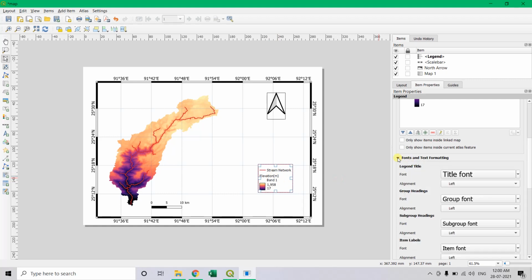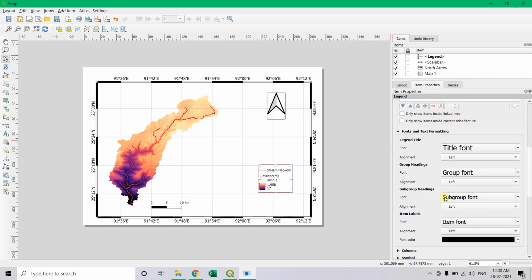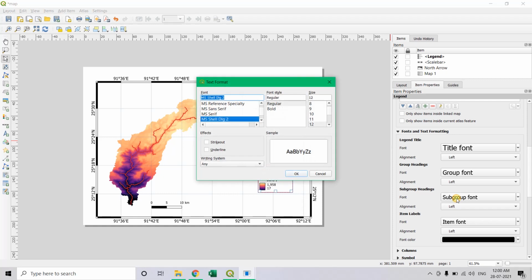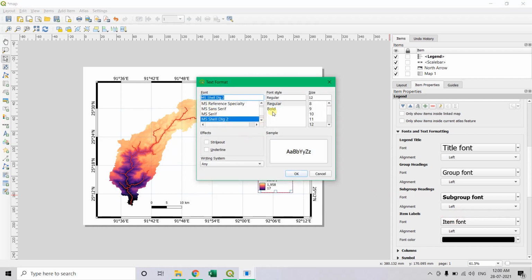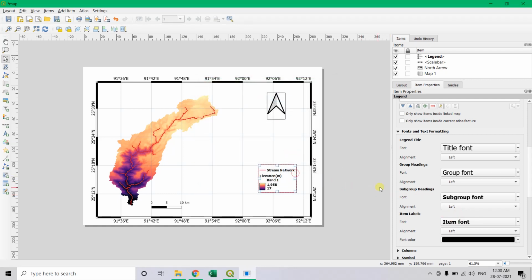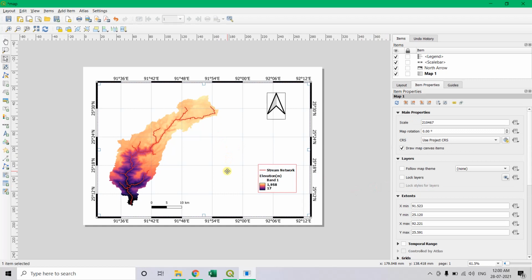Then you can click on font and you can change here. If I want to make the fonts bold, you can click here, then press OK. Now it is OK.